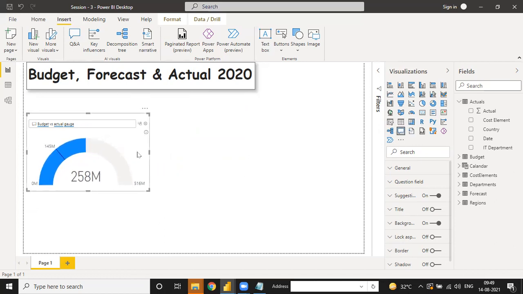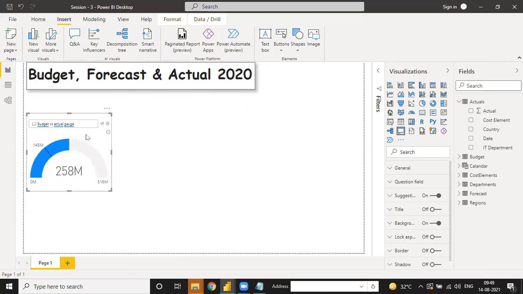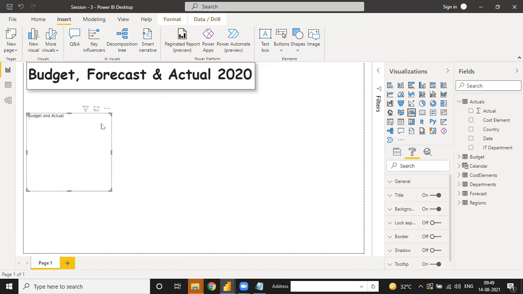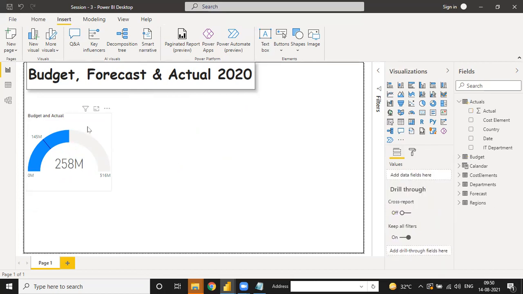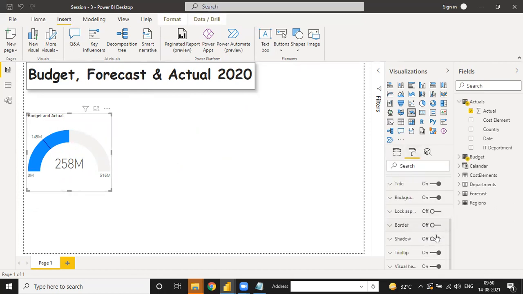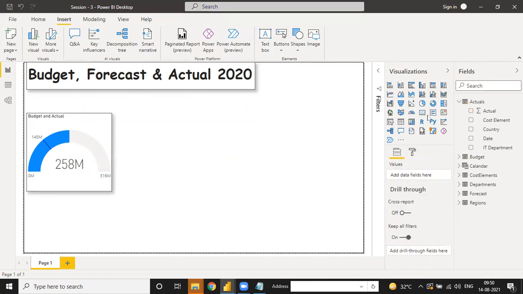But how do we make this kind of chart without asking a question from Power BI? See, your budget and actual chart is ready, and it will automatically pick up the values of budget and actual. And how do we make it according to this? When you change the border and layout and make it as per your data, you need to select this chart. This one is a Gantt chart.